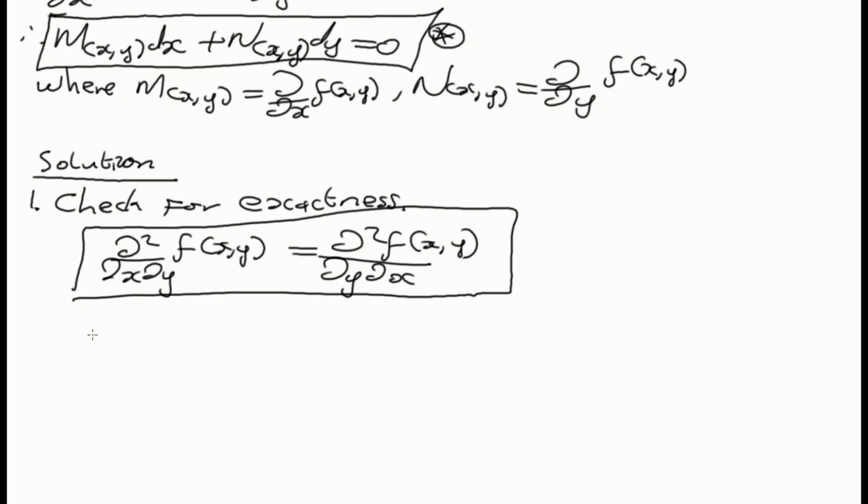So when we test for exactness, what you have to do is, if you may allow me to omit the xy there, I'll just say M. You must find the partial derivative of M with respect to y, then you must find the partial derivative also of N with respect to x. Because what you say here is that the partial derivative of N with respect to x is actually equal to,